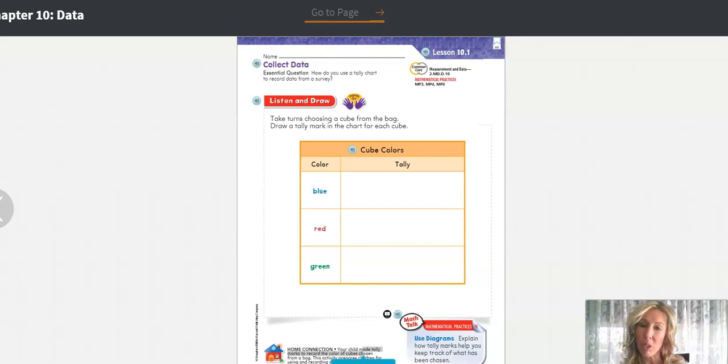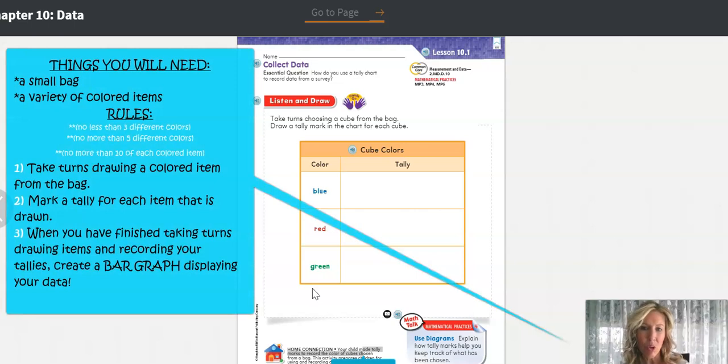You're going to work with someone in your family, and I would like you to get a paper bag or a plastic baggie, something that you're going to put some colored items in. All right, so we have some choices here, and we're going to use this activity in our textbook as kind of the basis for the idea, but we're going to be combining a previous lesson about tally charts with creating a bar graph, okay? So what you need is, you could even make colored pieces of paper, blue, red, green,